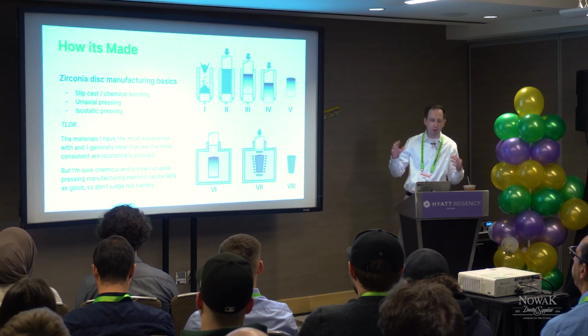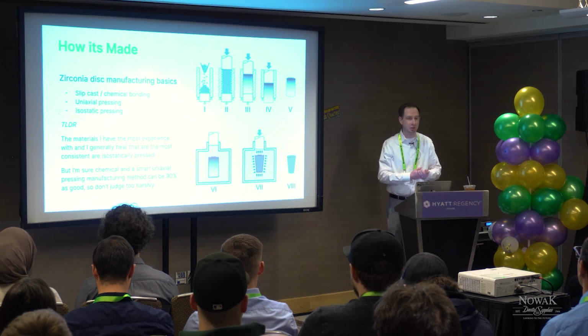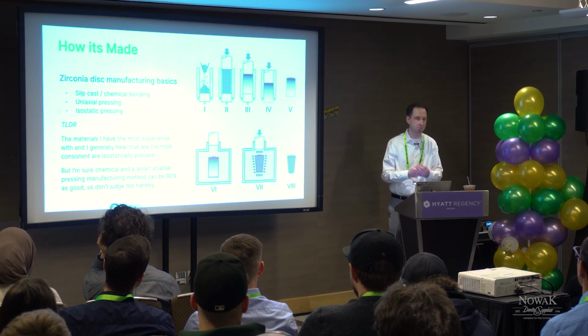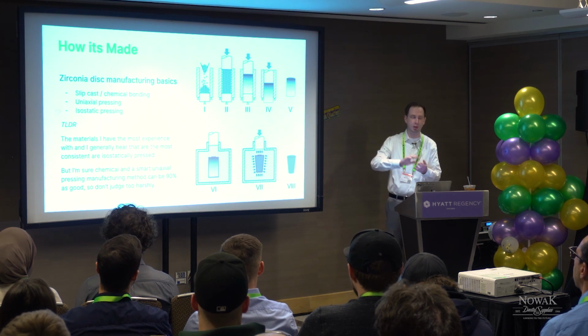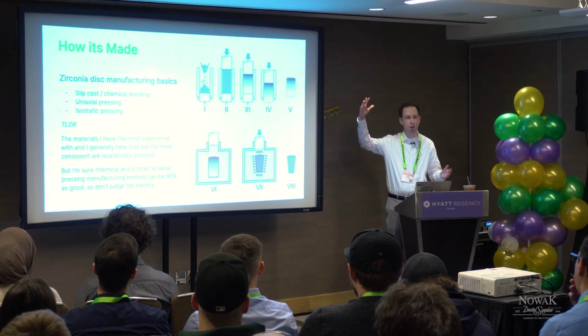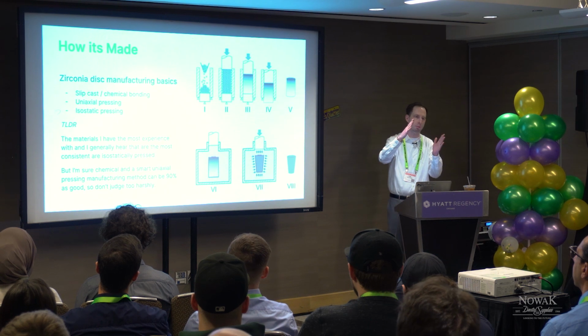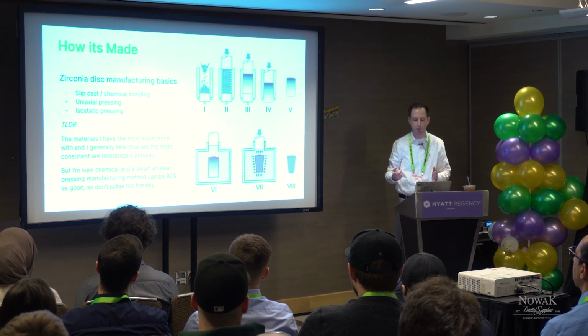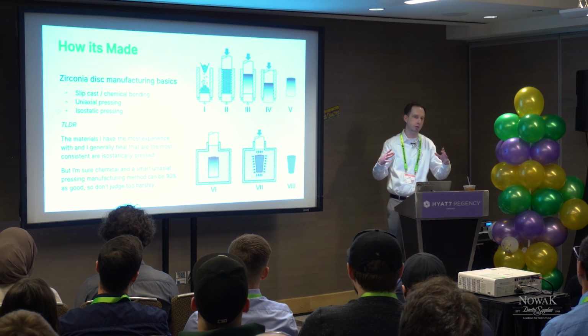And then you're all familiar with the ident ceram, that really has the specific makeup of the zirconia material you're using. And so how it's made, there's really 3 main ways to make a zirconia disc. There's slip cast or chemical bonding. It's pretty much a slurry, and then it evaporates out and solidifies into a disc. There's uniaxial pressing, where the powder's put in with this mixture of pigments and all that, and it's pressed from top and bottom. And then isostatically pressed, which is put into actually a water chamber, and a pressure is applied to the puck